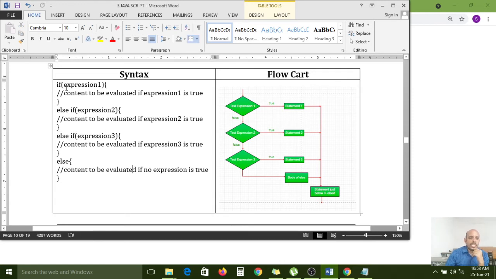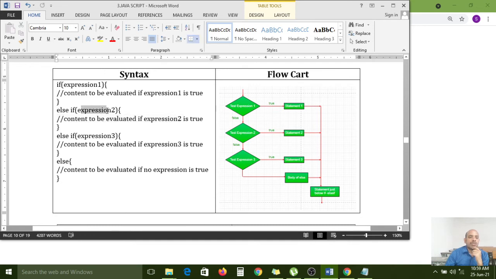Here I have given expression 1. If expression 1 is true, then control will enter into the if block and it will execute the statements. If the expression is false, the control will come to the first else if statement, and expression 2 is checked. If the expression is true, the else if block statements will be executed.